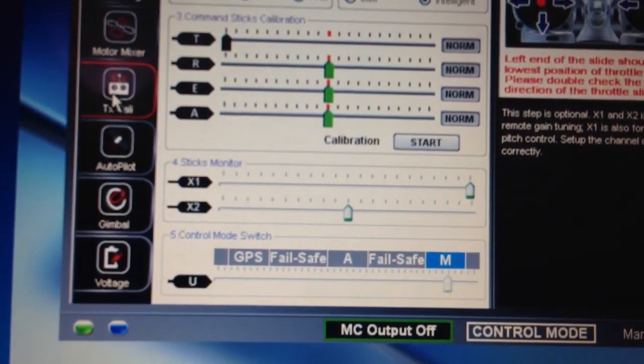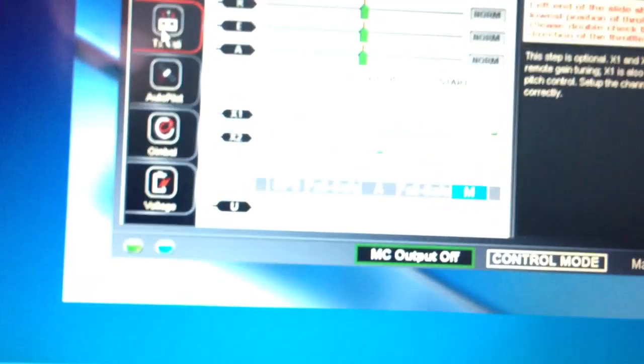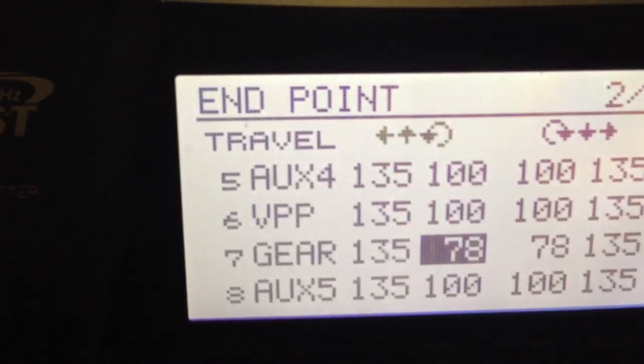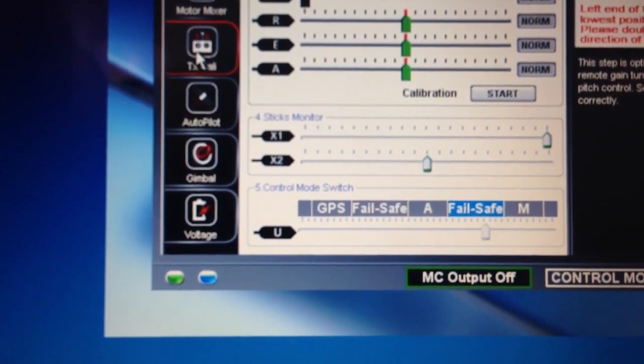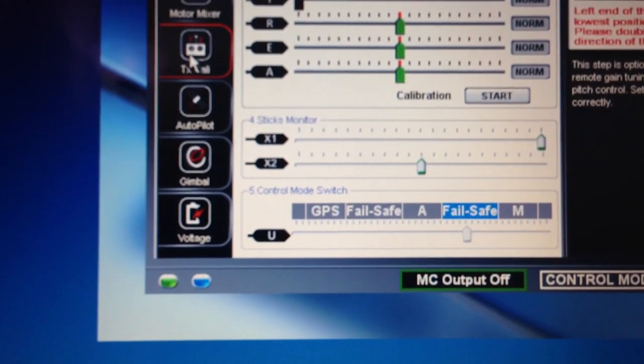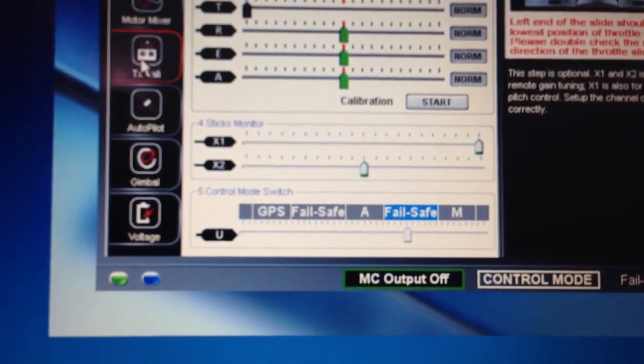Okay, so that's there. Now when you want to make sure that you do a fail-safe to turn your transmitter off, this is where you're going to want to do this. Okay, so when you turn your transmitter off, you want to make sure that it reads fail-safe. So what you basically do, I'm lowering this right now. I'm going to continue to lower it until it's in fail-safe. I'm just going to go right in the middle. So right now it's about 35. So this is where you're going to go back. Since it's in fail-safe, you're going to go back to